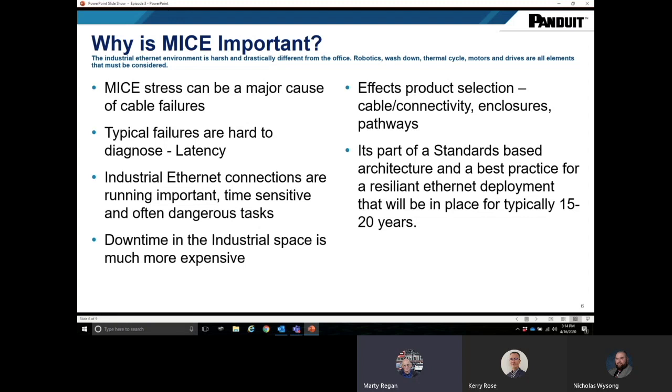These connected devices are at times controlling time-sensitive and potentially dangerous tasks. Network errors can bring a machine down, sometimes creating a very costly scenario. M.I.C.E affects the selection of products used in the network deployment throughout the factory floor. Proper selection is part of a standards-based architecture and ensures a resilient network infrastructure, one that will